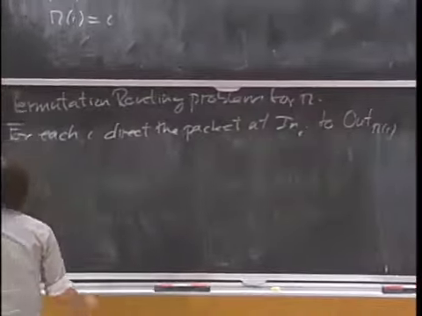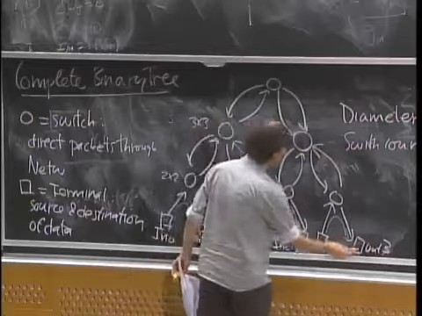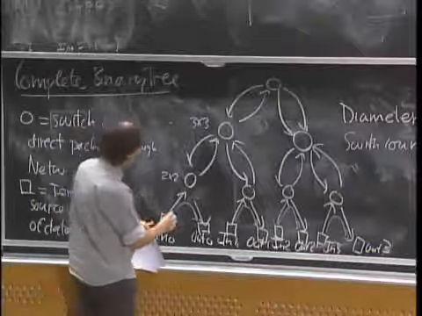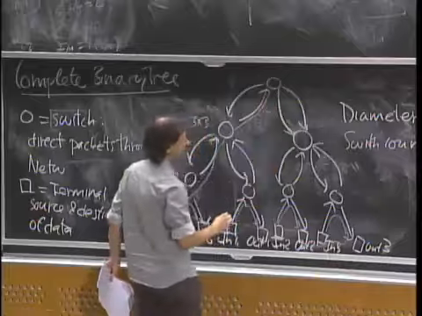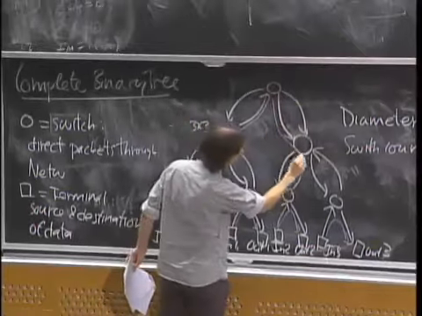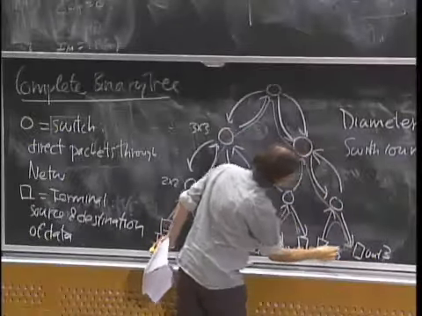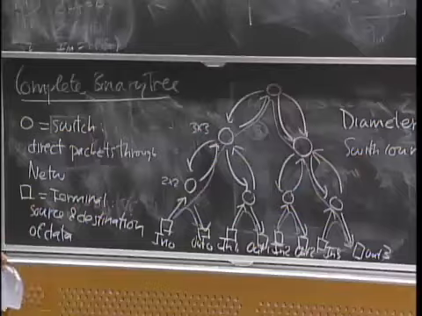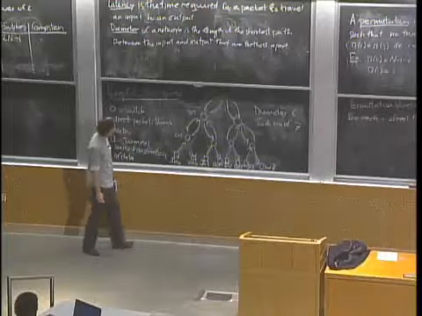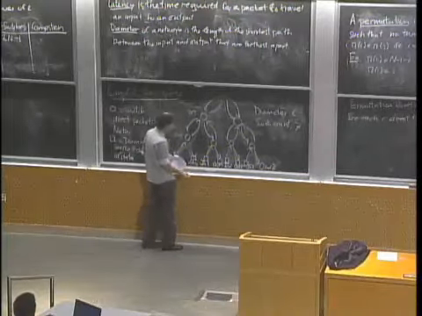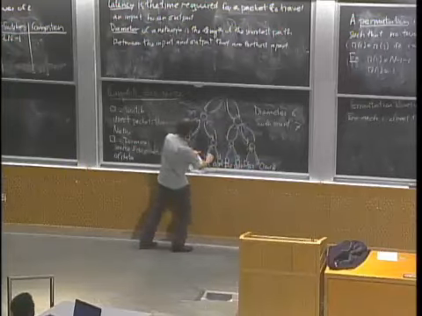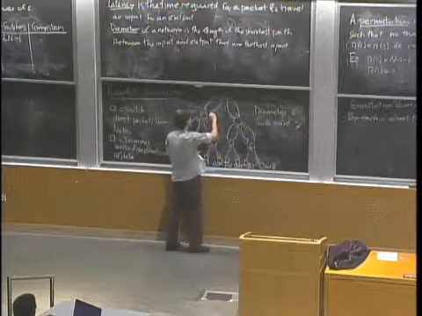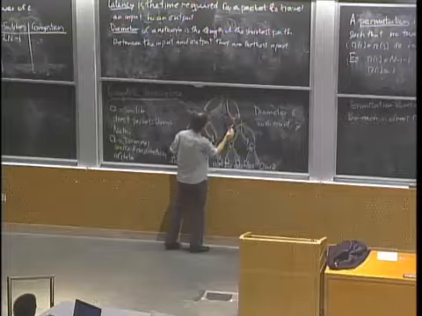Now, we want to route input 0 to output 3. In order to do this, I will need to go all the way through here, and then all the way down to this particular output. And now the picture gets into a big mess, because for input 1, we have to go to output 2. So for input 1, we go all the way like this. We again go through the root, and then we go down